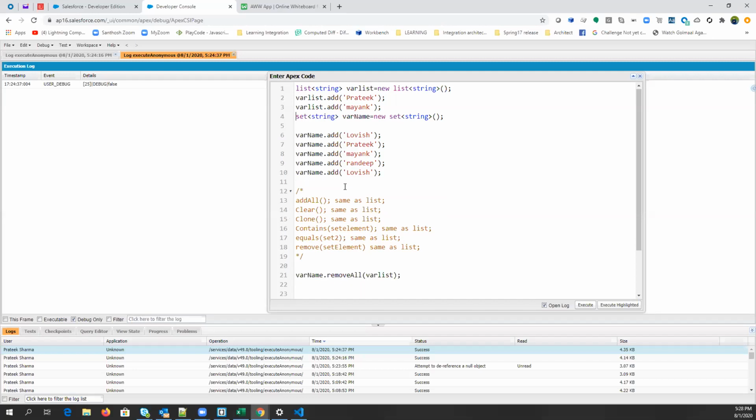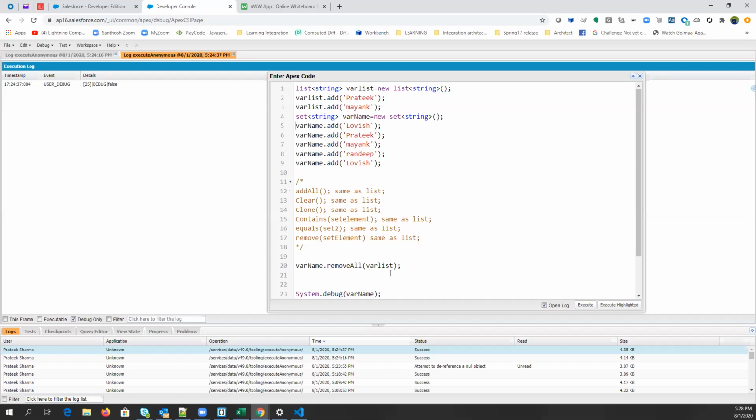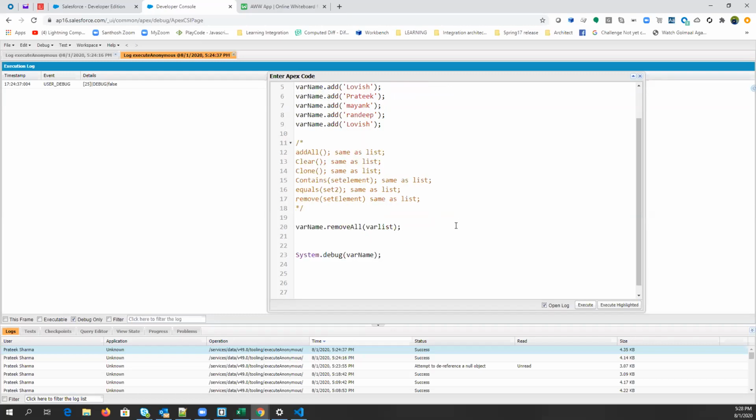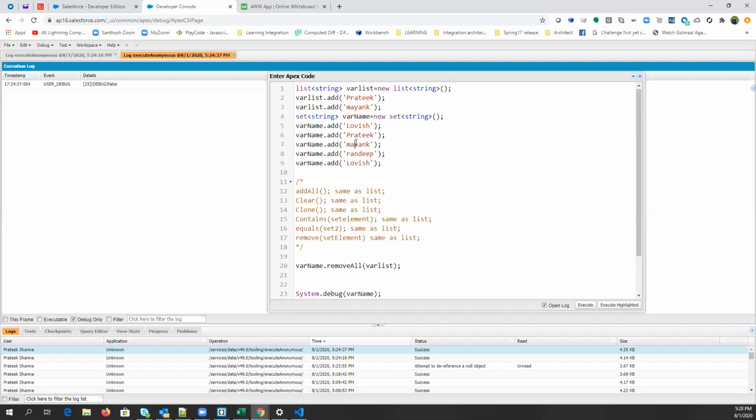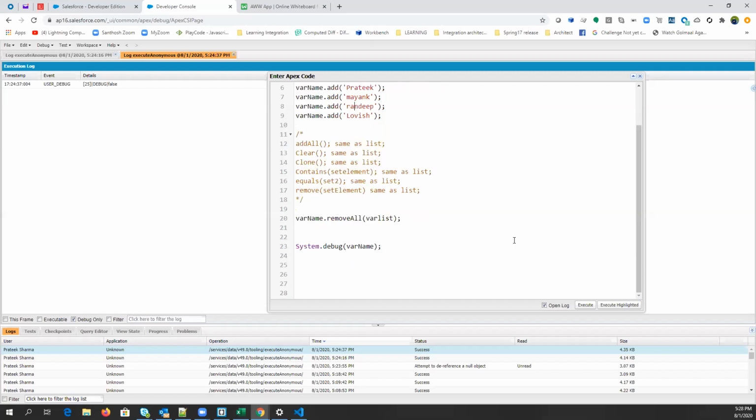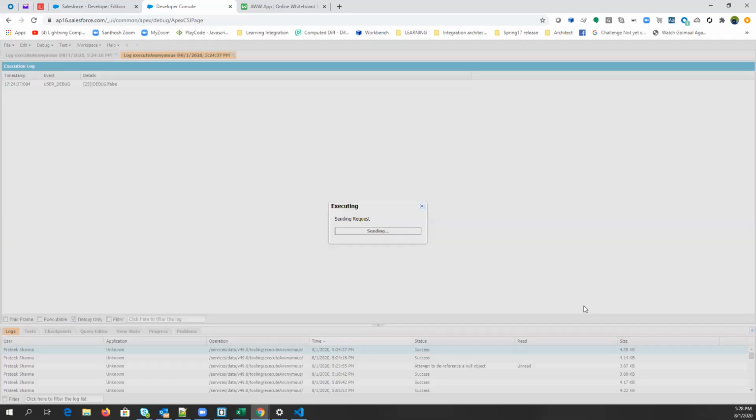Pratik and Mayank will not be there, other than them the rest will remain. Absolutely, Lavish and Randeep will be there. Remove Pratik and Mayank, and Lavish and Randeep will be there. So the values Mayank and Pratik will be removed, Lavish and Randeep should be the output. Just check it.